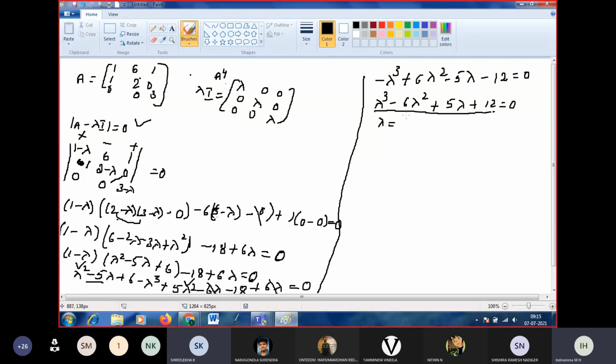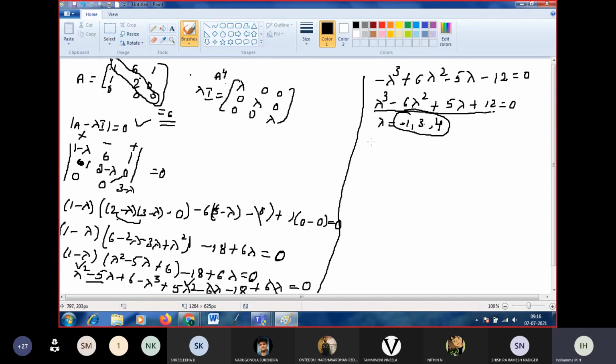-1, 4, 3. -1, 3, 4. Correct? These are the roots we got. So now you can check this one with the trace. If you add the diagonal elements of the given matrix, 3 plus 2, 5, 5 plus 1, 6. The trace of the matrix we got as 6. The trace of a matrix, 6, is equal to the sum of the eigenvalues. If you add the eigenvalues, 4 plus 3, 7, 7 minus 1, 6. The sum of the eigenvalues is equal to the trace of the matrix. Got it?